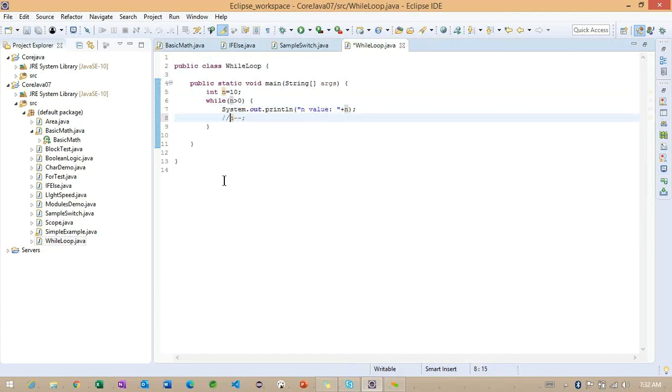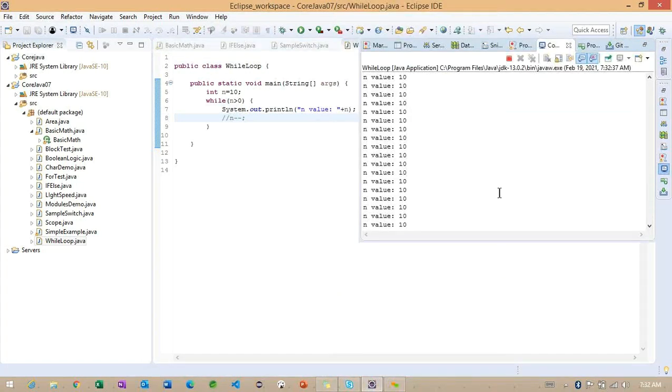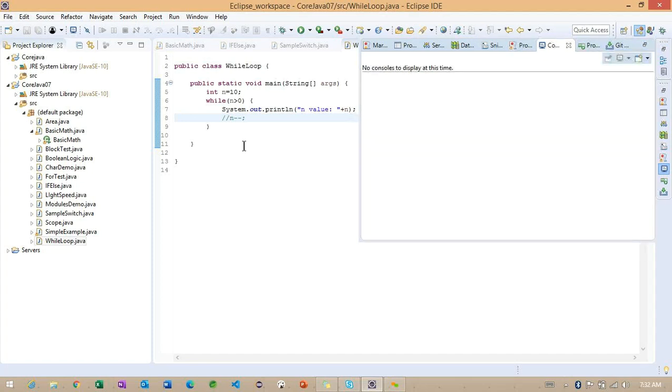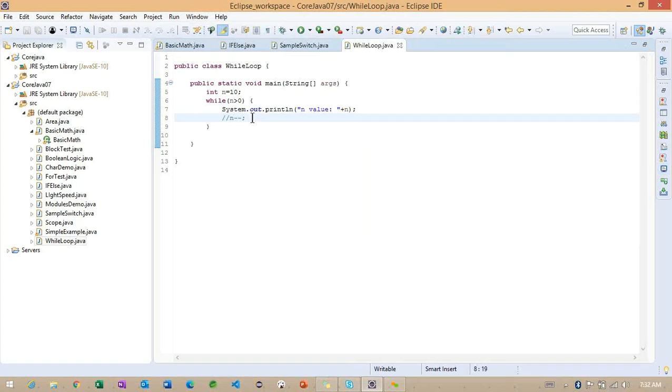Carefully observe, if I'm removing this, like if I'm commenting these particular lines, you can check here, it is executing. This particular loop has not stopped yet. Still it is executing here. So we do not know when it's going to stop. Basically, these kinds of loops we don't want to make here.